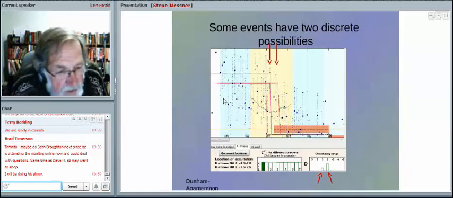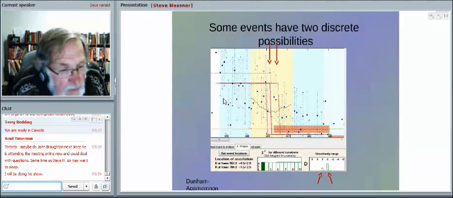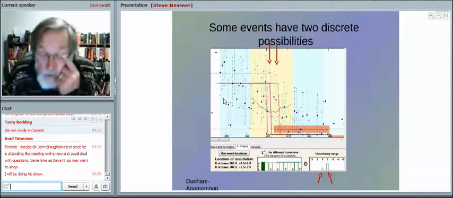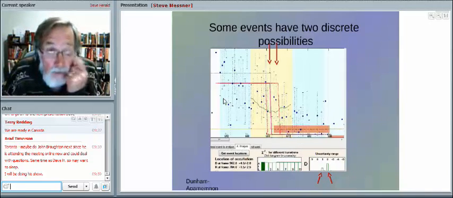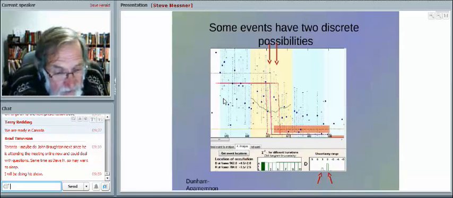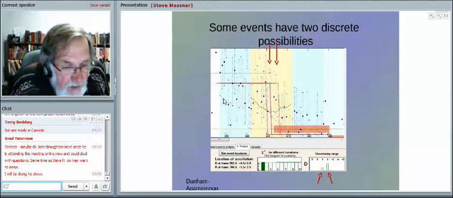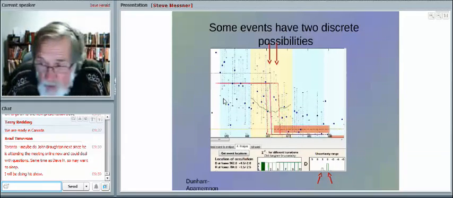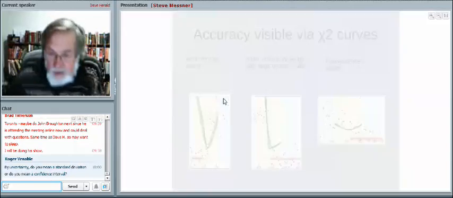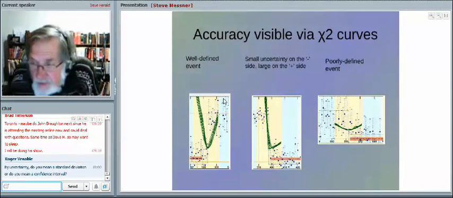And in reporting the event times for this, you need to cover both possibilities, unless you've got some way of resolving whether one of those is a false thing for some reason. It really means going back to how you measure the video. Now, if we go to the next slide,